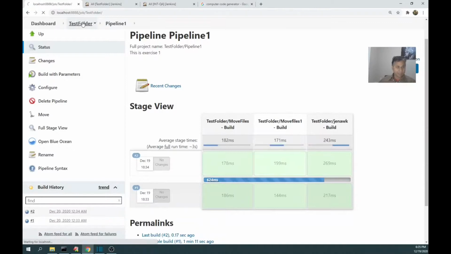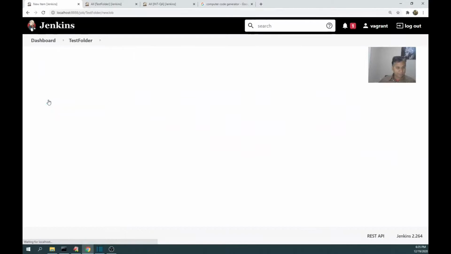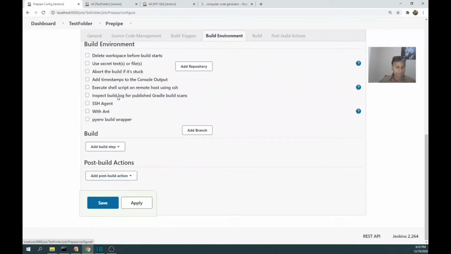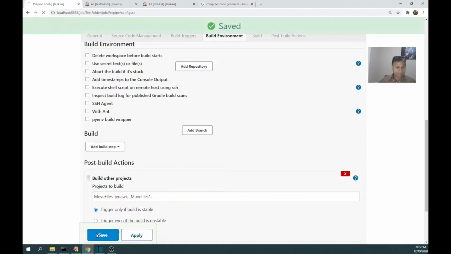Now, the other way of doing it is to create a new item, a freestyle project. We'll call it pre-pipe because it is going to be an input to a pipe. In Build other projects, I am going to give all these files: move files 1, gen awk, move files 1. Apply, save.